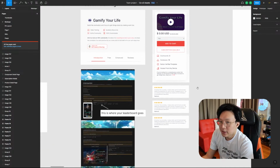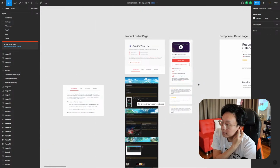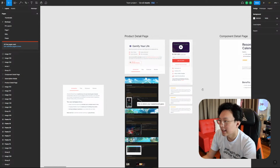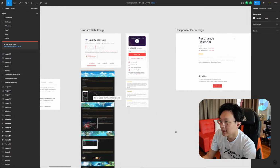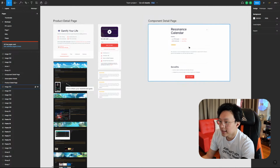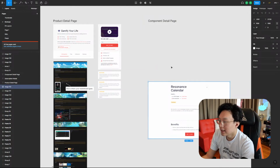Okay, that's pretty cool. I think that's actually pretty good as a basic redesign. We obviously can improve it later on, but I want to see like how this will pair up with something like our component detail page. So you can see this is like horrible. We need to figure out how to make this a lot better. Like this needs to be 10x better. So this one needs to be like, for example, we might have a...